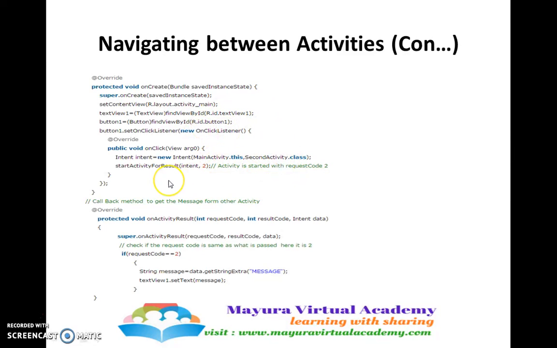Once this is done, we'll be calling the startActivityForResult method. Since we need to get back the data from the second activity to the main activity, we'll be calling startActivityForResult. It takes two parameters, one is the intent, the other one is the request code. The request code should be a constant. We can use any constant, but here we have used 2. Once startActivityForResult is called,